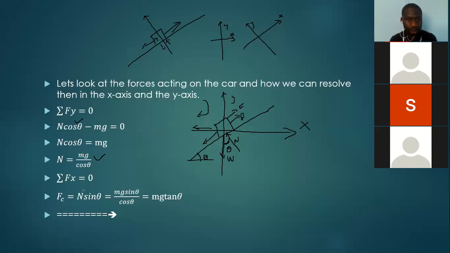So its component in the x-axis, since the x-axis is opposite to this angle, will be N sine theta. Therefore, we have N sine theta here. In fact, I've already even just equated them, but you would have seen that our centripetal force